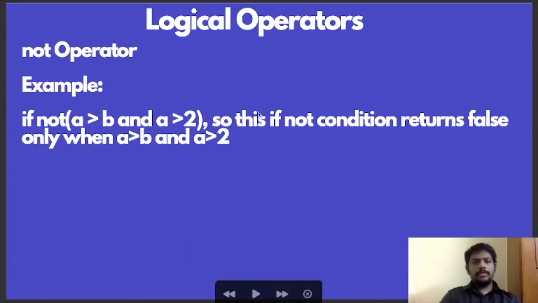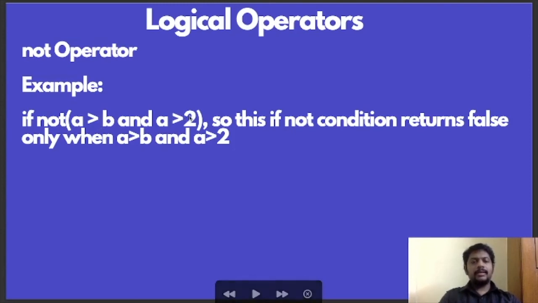Now we will talk about the NOT operator. So consider this example. If not A greater than B and A greater than 2. This if not condition will return false only when A greater than B and A greater than 2.